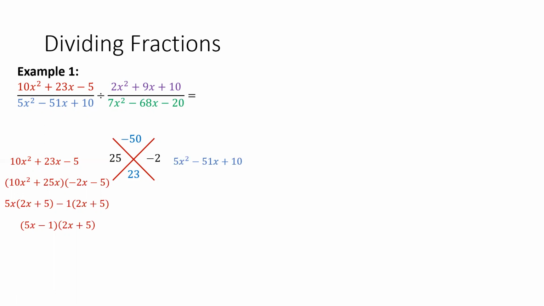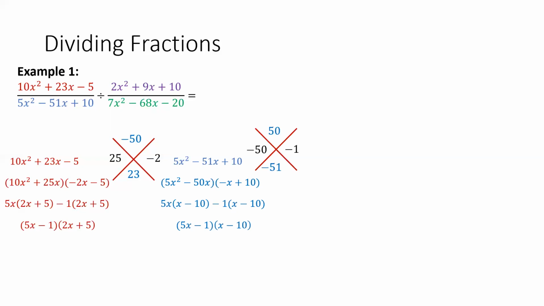Now I'm going to factor the bottom of the left fraction, 5x squared minus 51x plus 10. Factor by grouping. The order is really off on this, but that's fine. So I want, 5 times 10 gets me 50, and the middle term is -51. So I want two things that multiply to get me 50 and add to get me -51. That's -50 and -1. And so I break up my middle term, leaving me with two groups, 5x squared minus